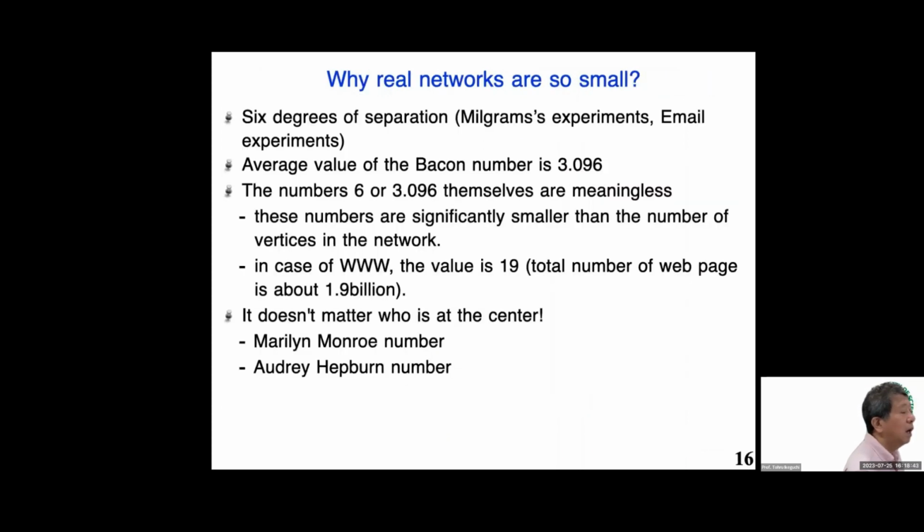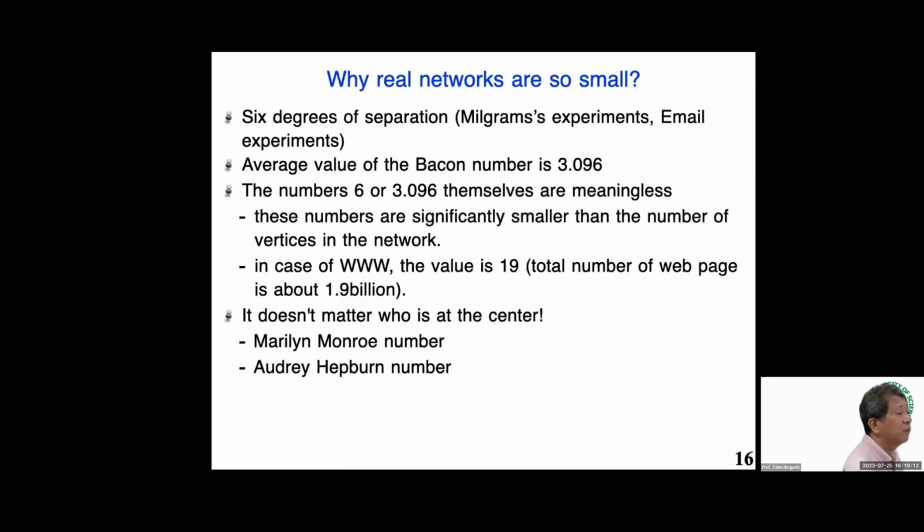So I have introduced 3 examples of the small world problem. The first one is Travers and Milgram's experiment using letter chains. The second one is the Dodds group's email experiment. And the third one is the Kevin Bacon game. So these examples show that the various networks in the real world are so small; they are small world networks.